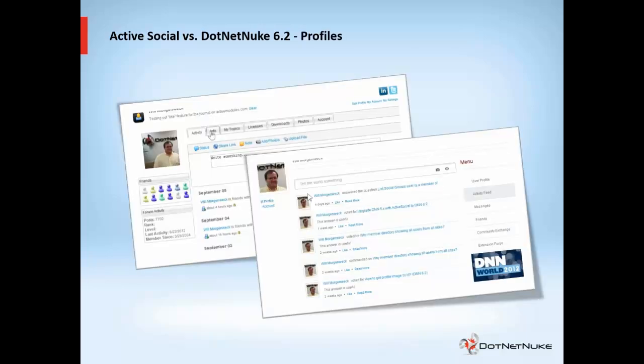The first thing we need to consider are the profiles. In Active Social, you had a concept of a profile which basically sat on top of the DotNetNuke core profile. It was a module that had a lot of flexibility, but it was very difficult to customize. It was even more difficult to integrate third-party modules. So when we set out to build and enhance the profile in 6.2, we took those items into consideration, and we came up with a way that makes it much easier and fits very well in the DotNetNuke page management,